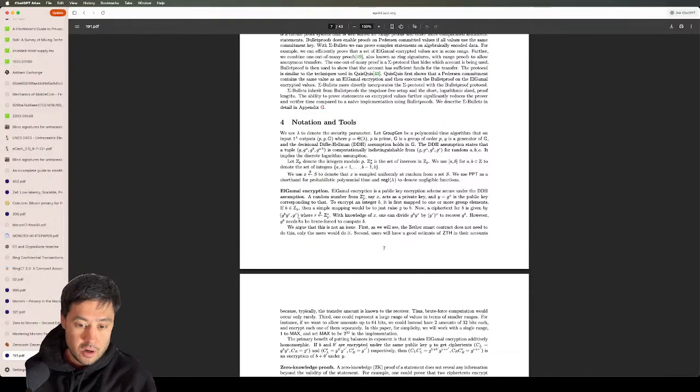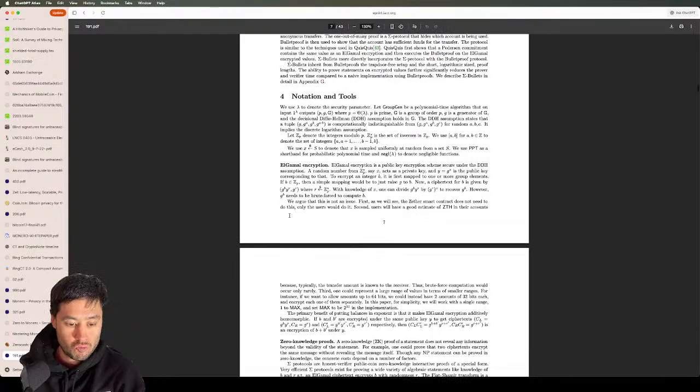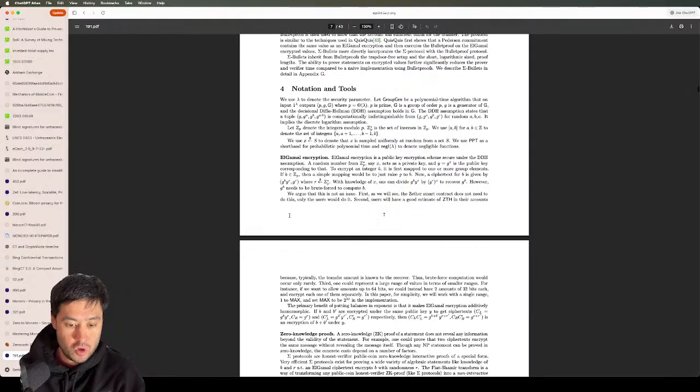Yeah, so I guess whenever you have encrypted balances, or at least when you encrypt a balance to someone, what you're going to do is this. You're going to create an ephemeral public key with this ephemeral private key. You're going to do a key exchange. So Y^R is the